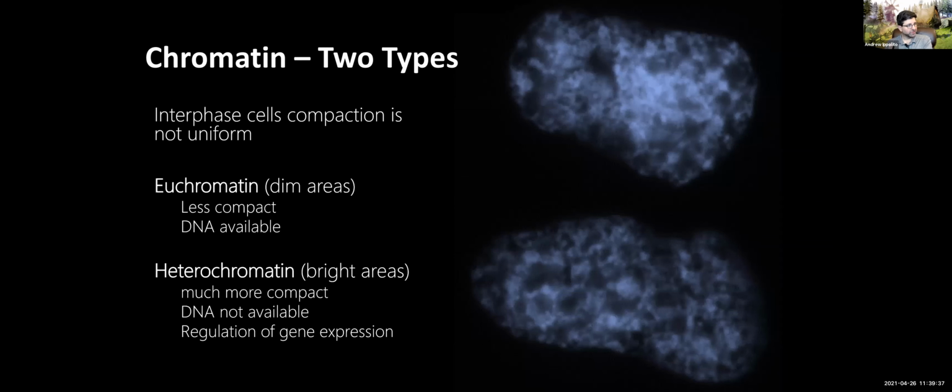I taught you this earlier. I'm going to say it again. There's two types of chromatin within the nucleus. Okay, these are pictures I took too from my old research days. This is DAPI staining. DAPI is a blue fluorescent molecule that intercalates into the double-stranded DNA. So if it can't get access to the DNA, you don't see it.